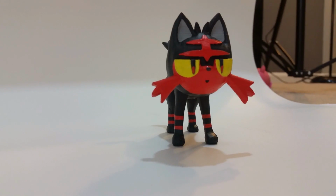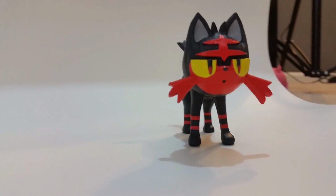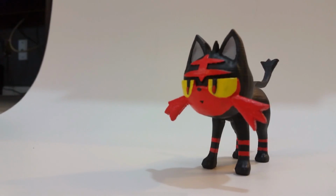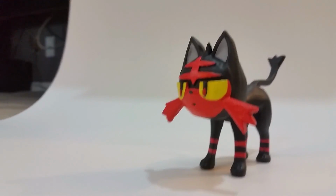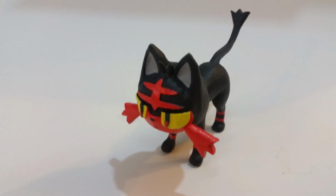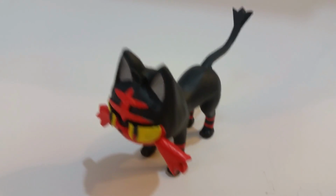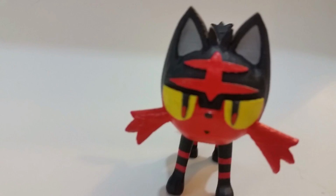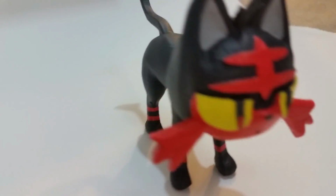This is Litten. Now, I think this model turned out pretty good. Like I said, this was only my second time using the Sculpt environment in Fusion 360. And I did learn quite a bit in the process. I tried to create the body in one sort of shape in the Sculpt environment. I think if I were to do it again, I would create the head as its own shape and then move on to the body as another shape and try to keep the shapes separate as much as possible,